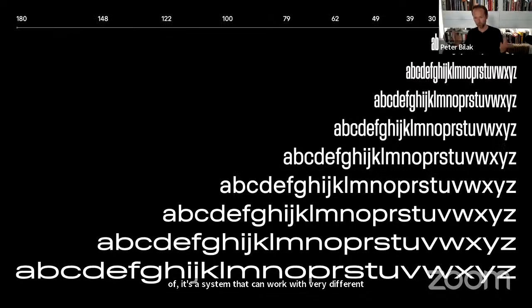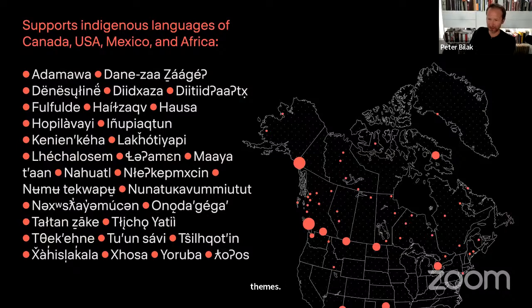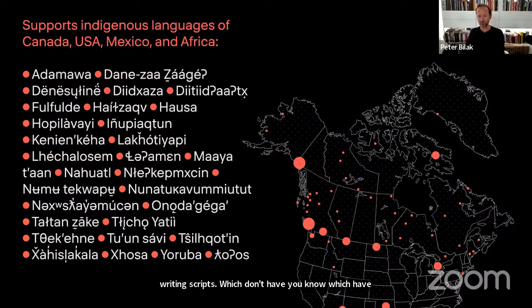from different widths, which became very important, and explores a couple of different themes. Until now we've been looking at the theme of accessibility for visually impaired readers, but I think equally important is accessibility or inclusivity in terms of linguistic inclusion. This first part of Zed, which came out 2 weeks ago, addresses only the Latin writing script, but within the Latin, we paid extraordinary attention to writing scripts which have been underserved, mainly because